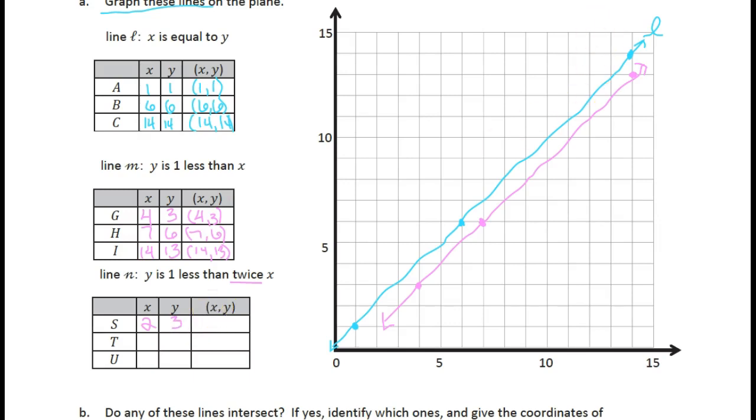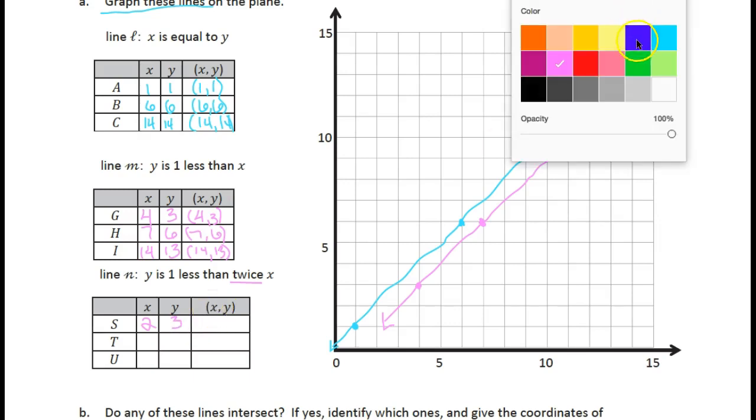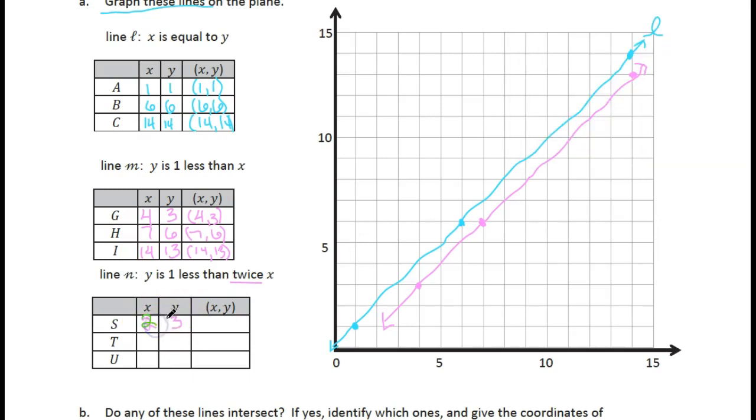Oh wait, I need to get a different color, don't I? Let's go green this time. (2, 3). Parenthesis, 2, comma, 3. Alright, let's go 7. And if we double it, that's 14. And then we take 1 away from that, so it's going to be 13. 7, comma, 13. And now we will go kind of in the middle, I guess, because if we double